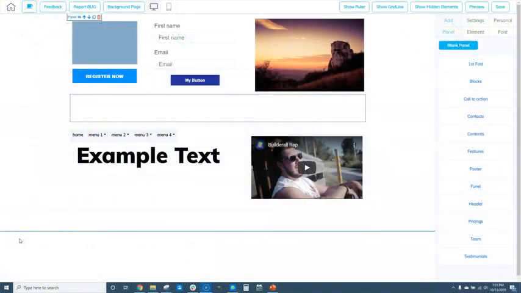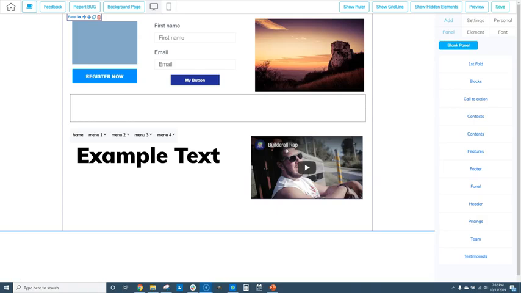In this video, we're going to talk about settings in Cheetah. As you can see, I'm in the Cheetah editor, and I've added a few elements, and we're going to go through the settings for those elements and how to manage those settings to get each element to look exactly like you want it to look. So I've gone through and actually set up several different elements, and let's walk through and look at how we